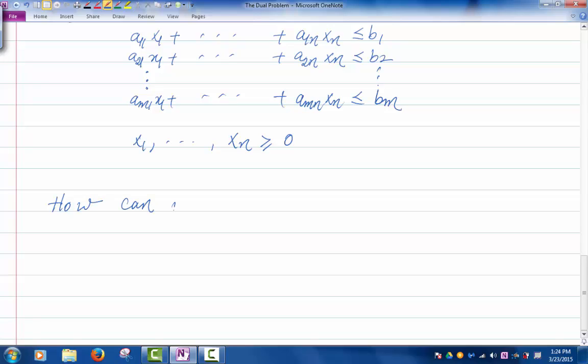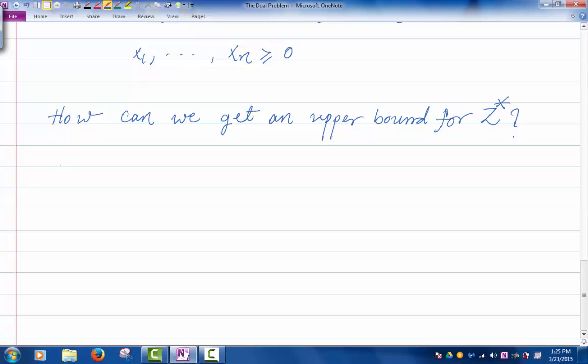Okay, so the question is, how can we get an upper bound for z star? And what was the idea that we got from the previous problem? What idea did we get at the end? The way we can get an upper bound is what? The idea is to multiply